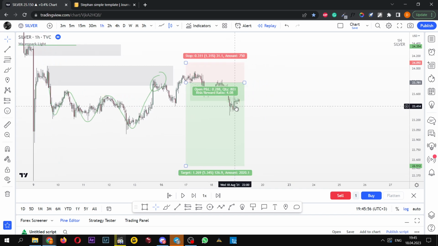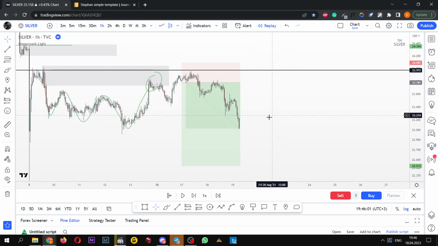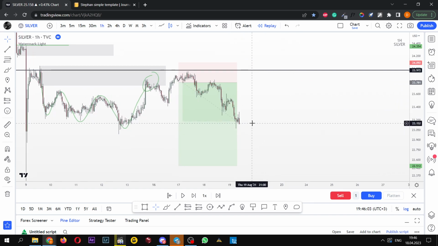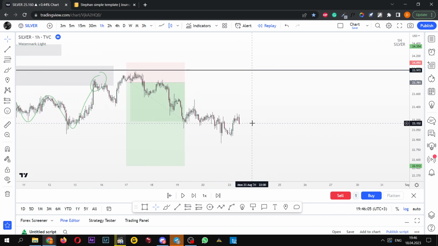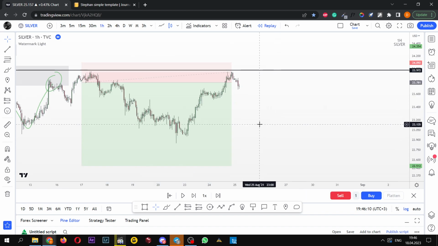okay, this point stop loss moves to 0.5. At this point moves to break even. Okay, and this one more break even trade. And now, yeah,